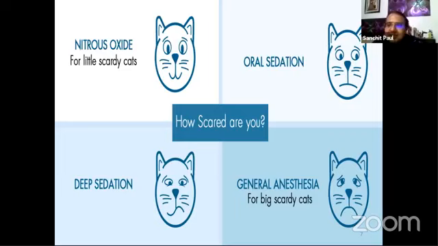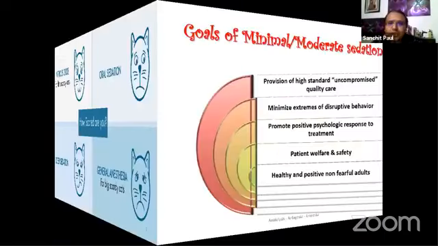That's the reason nitrous oxide inhalation sedation is a part of the sedation continuum, where other sedations like oral sedation, deep sedation, or general anesthesia exist. So our sincere advice to the group and to this esteemed platform is that once we are thorough with this sedation continuum, we are better equipped to know where to use nitrous oxide or an oral sedation. But what are the goals of this sedation?